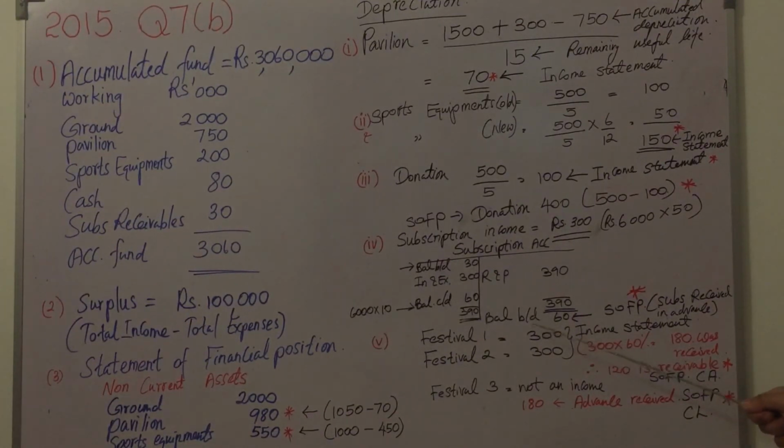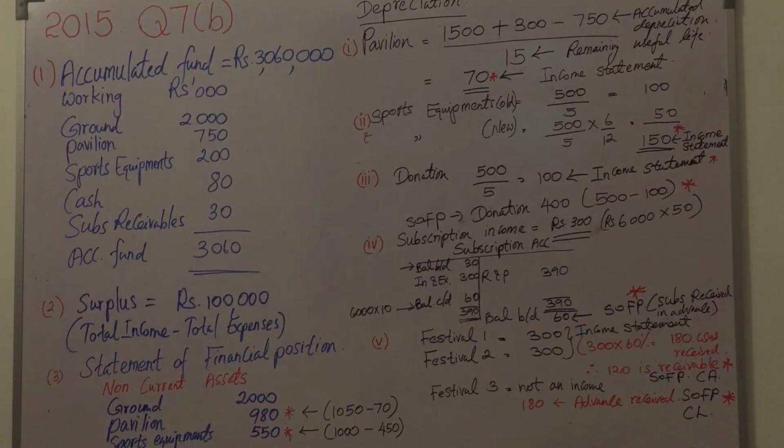For you to have a credit balance, you need to show the carried down balance on the debit side, 60,000. So this 60,000 subscription received in advance should be considered as a liability in the SOFP. Under current liabilities, you need to show this 60,000. So when you find out the totals, there is no balance. So here no opening balance, no closing balance.